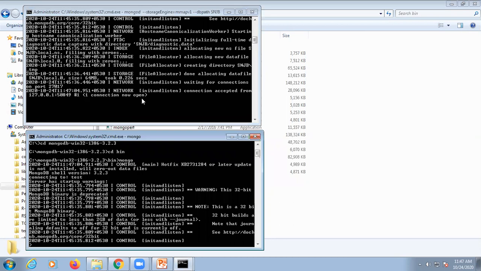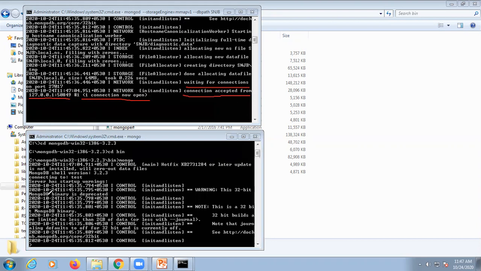Here in your server window, after waiting you can see that it has returned that one connection is accepted from the same machine. 127.0.0.1 means on the same machine we have started the client as well as the server, and one connection is now open, meaning one client is connected.